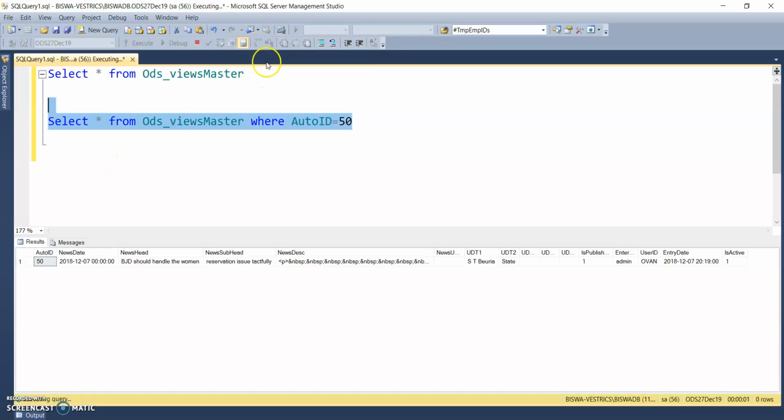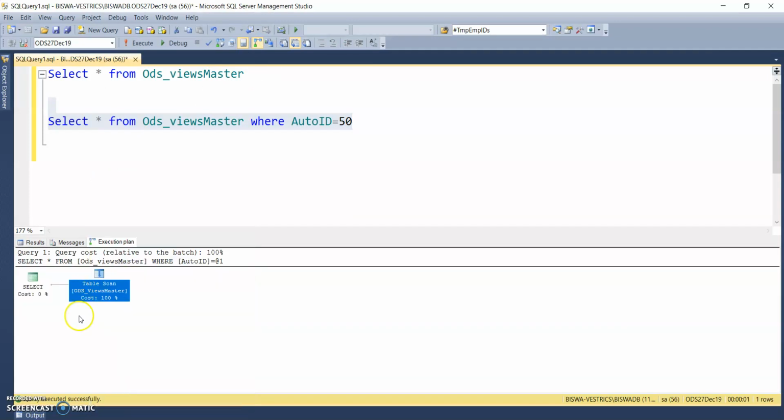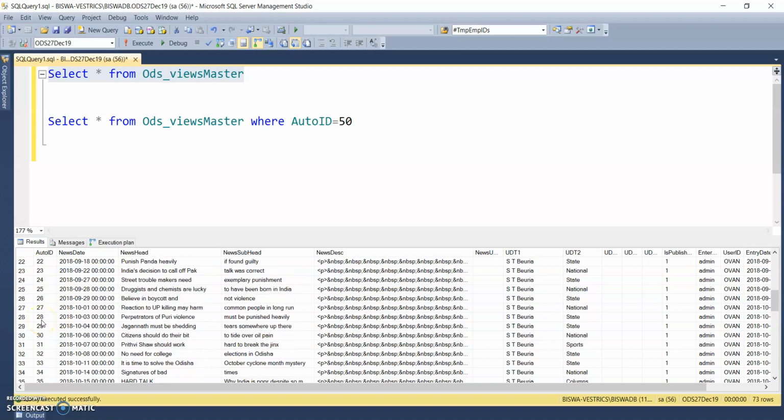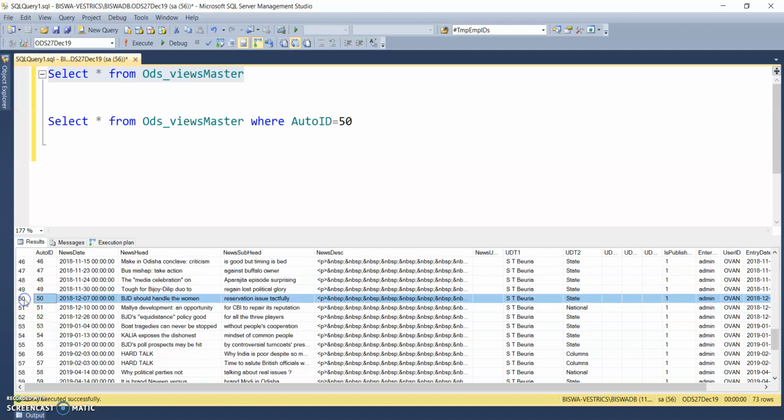Now run. See the execution plan. It is doing a table scan, meaning it is going row by row. First it checks the auto ID, this one is 50? No, skip this one, next go to 2, is it 50? No, again going line by line. When it comes to 50, at that time our result is shown.